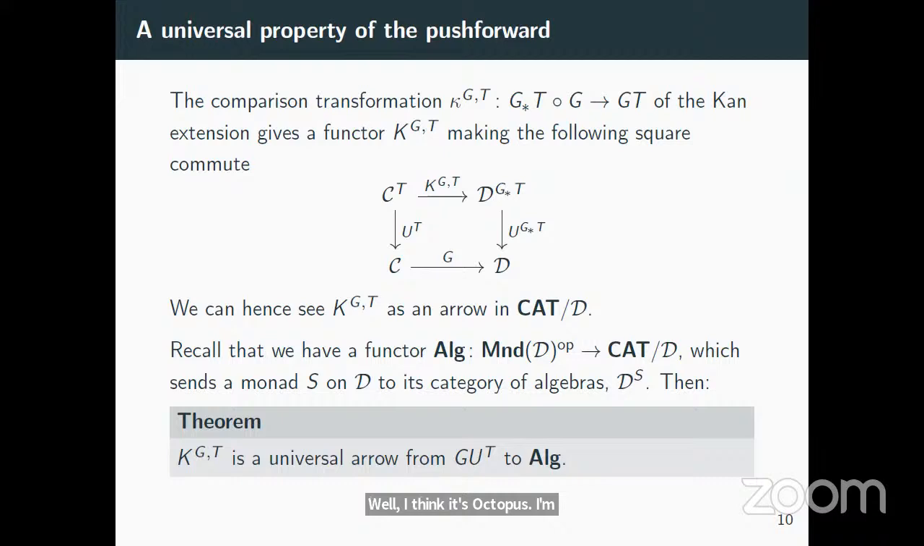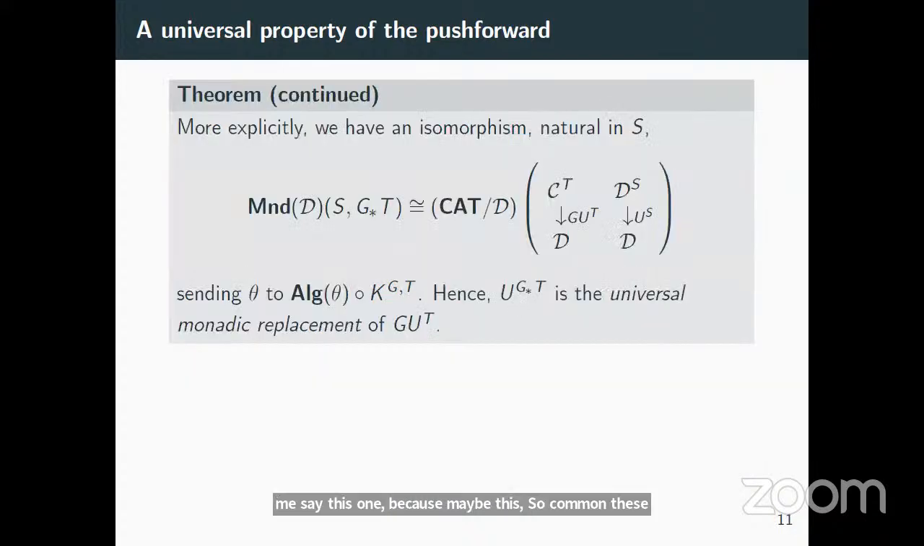And so, okay, the universal property is that this functor K that I defined here is a universal arrow from this bottom composite to the functor out. And so, let me say this more explicitly, because maybe the terminology of universal arrow is not so common these days. So what that means is